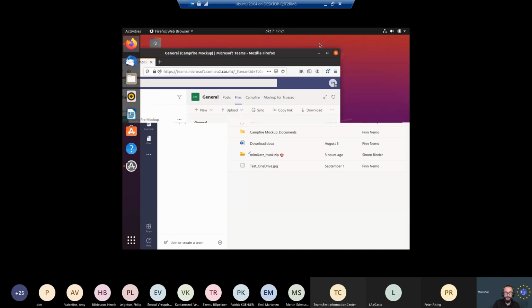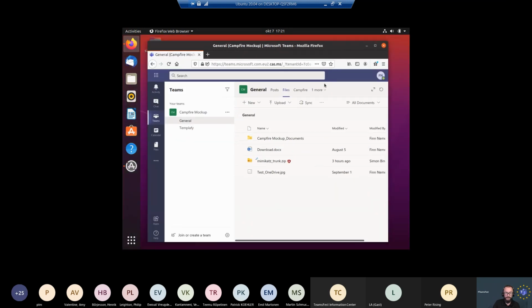So this is the web client running in Firefox on Ubuntu. And as you have noticed, or may have noticed, we have the URL for Microsoft Cloud App Security up here. And the experience from a Teams perspective is just as we expected it to be. And while the data resides in Microsoft Teams or anywhere across Office 365, we are in control of that data from a compliance point of view, threat protection point of view, and so on. And we may not want this data to end up on an actual unmanaged device.